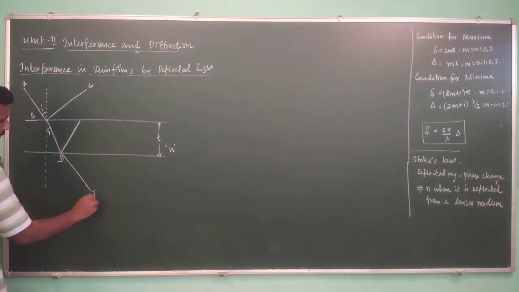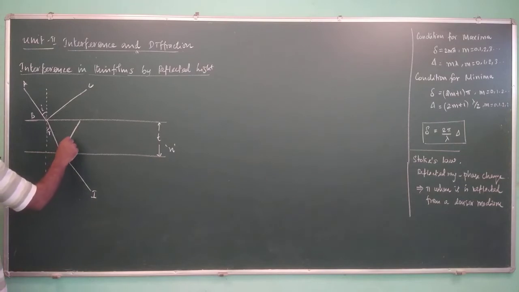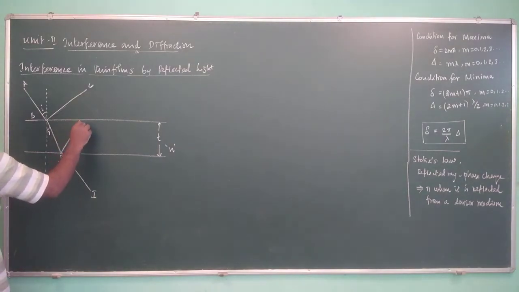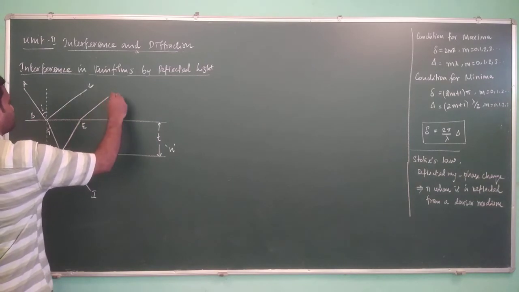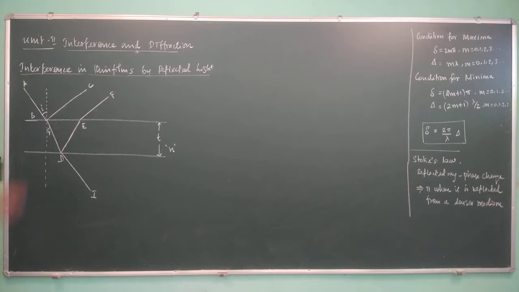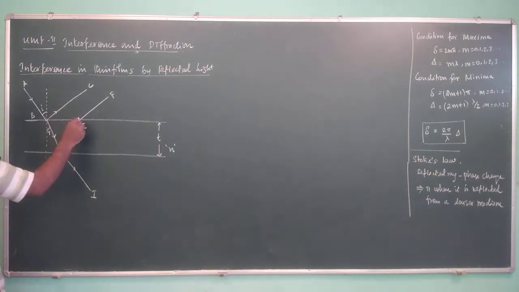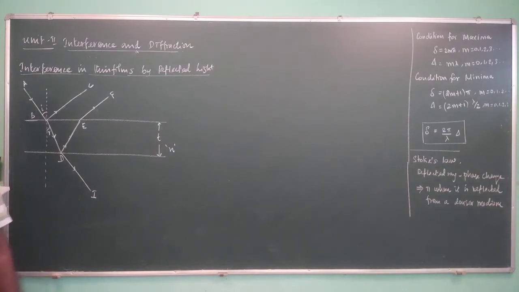And the refracted ray goes in the direction I, and the reflected ray again touches the upper surface at the point E. Then here again it is refracted to the outside and travels in the direction of F. So this incoming light ray undergoes one reflection and one refraction at the top surface, and at the bottom surface it undergoes one reflection and one refraction, and here it takes one more reflection, right? Good.